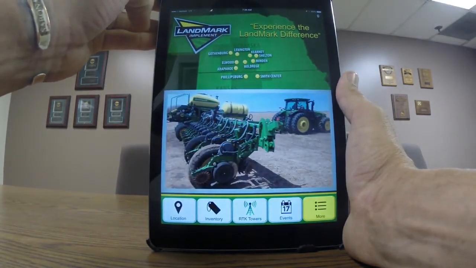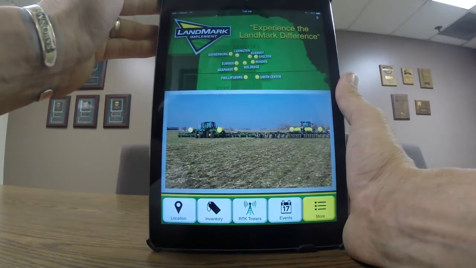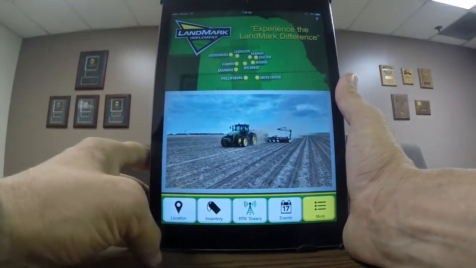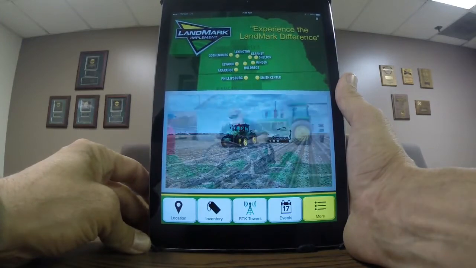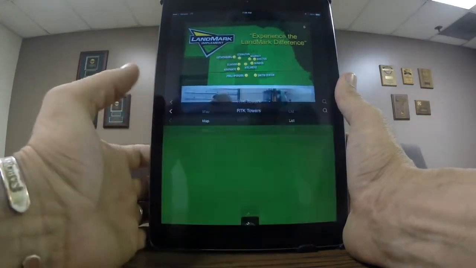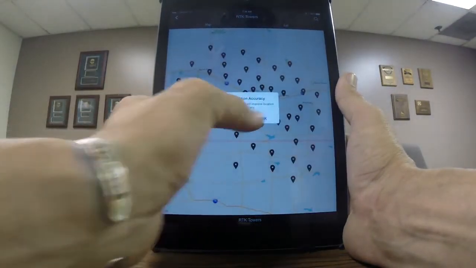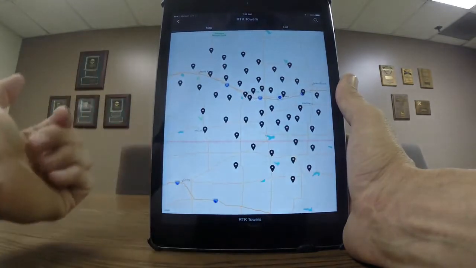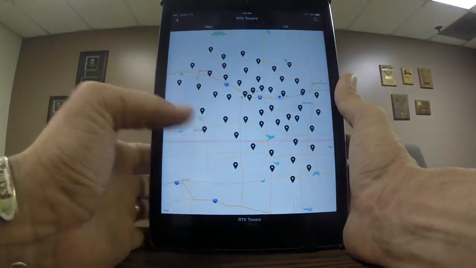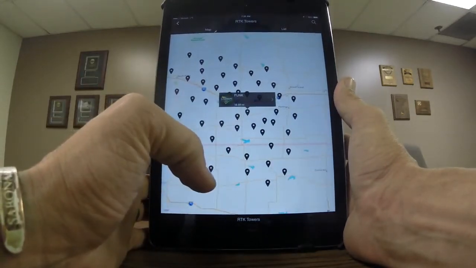Going back over, whoever runs RTK towers with our LandMark network, we've always supplied cards that had the location and the network and frequencies of those towers. We're no longer going to supply those cards. So what we have now is on the app, it shows you the location of all of our towers. The neat thing about this is if you select a tower that you want to look at,